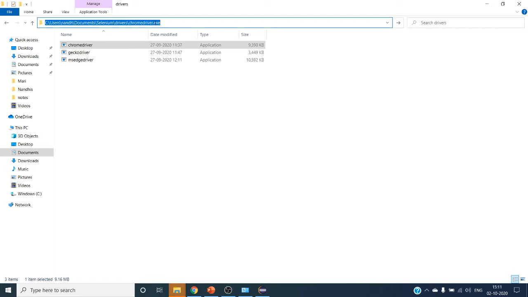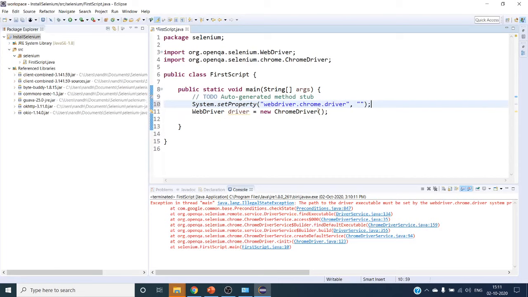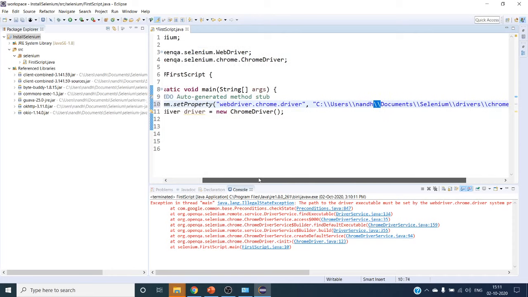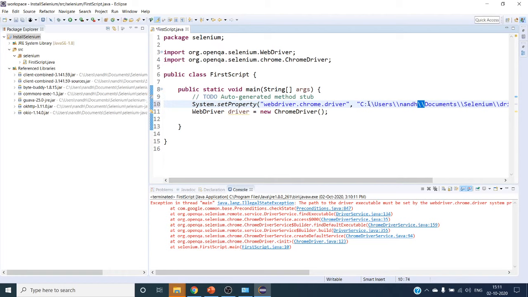Make sure you are copying until the .exe file, otherwise again it is not going to work. I'm just going to paste it here. You can see double backslash is coming up. We'll see in the next video what happens if you have only one backslash. We have to give that escape character for that.